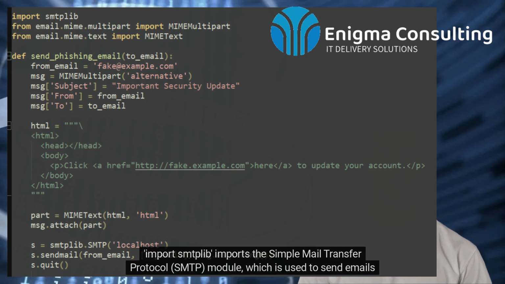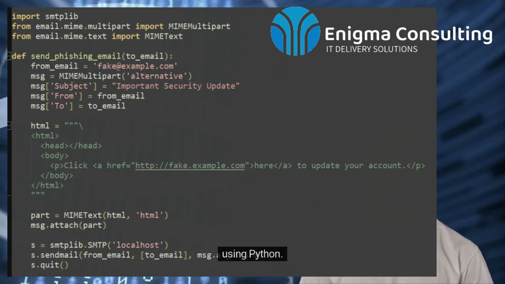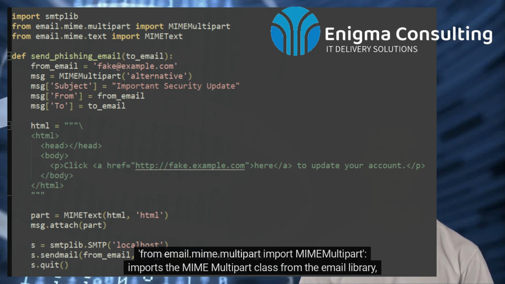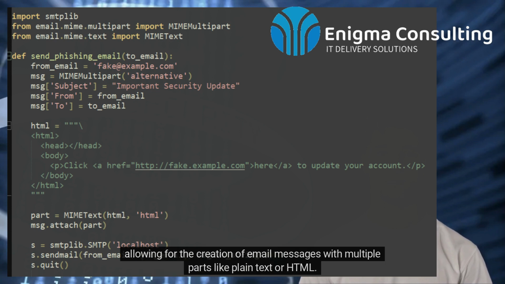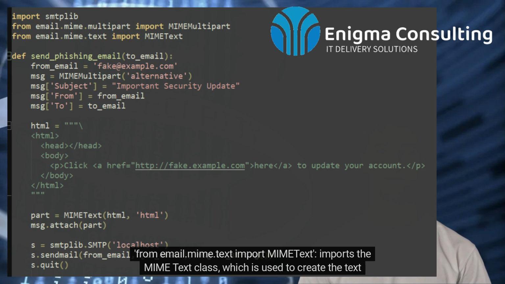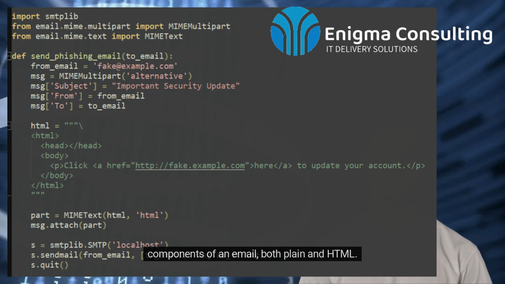import smtplib imports the Simple Mail Transfer Protocol (SMTP) module, which is used to send emails using Python. from email.mime.multipart import MIMEMultipart imports the MIME multipart class from the email library, allowing for the creation of email messages with multiple parts like plain text or HTML. from email.mime.text import MIMEText imports the MIME text class, which is used to create the text components of an email,